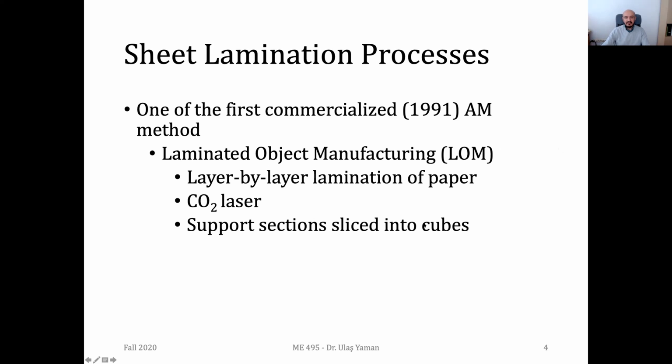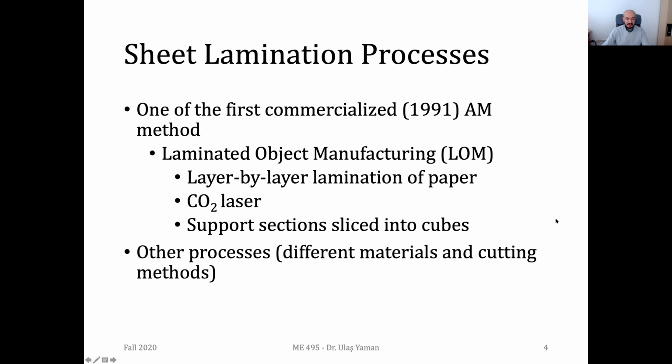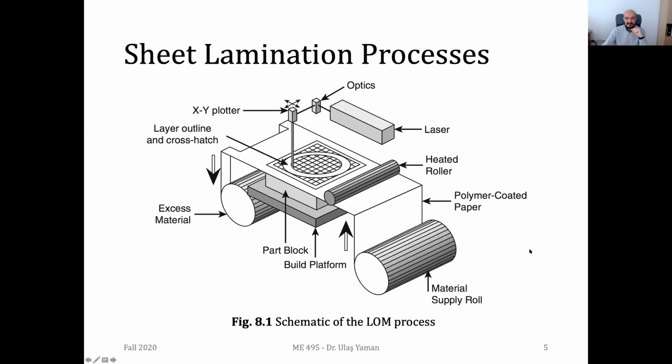But another important issue about this type of system is that the remaining part on the slice is actually divided into some squares, but in 3D, obviously, they can be named as cubes. And with the help of it, we can assume that the part is somehow printed in a kind of a bed of, let's say, paper. This is the main